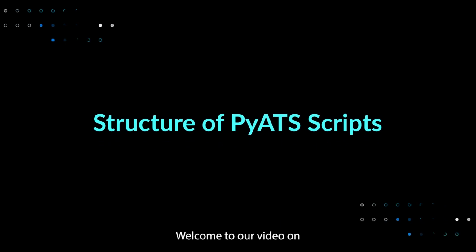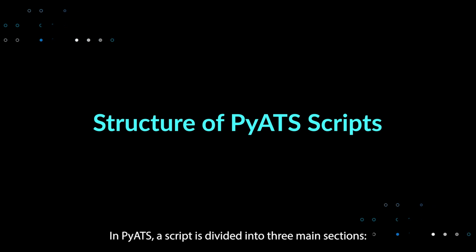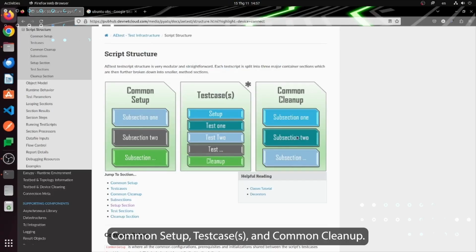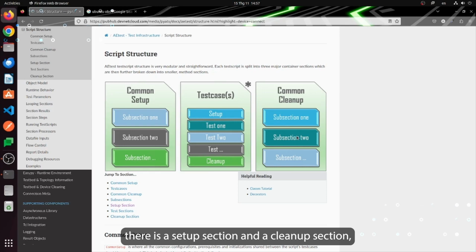Welcome to our video on explaining the structure of pyATS script. In pyATS, a script is divided into three main sections: common setup, test case, and common cleanup. Each of these sections can have multiple subsections. Additionally, within the test case container, there are a setup section and a cleanup section, along with one or multiple